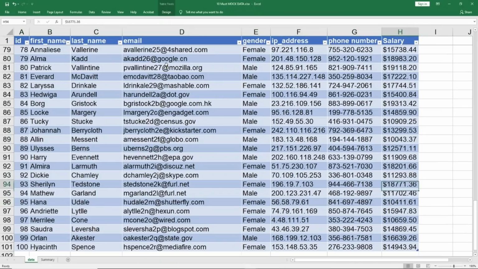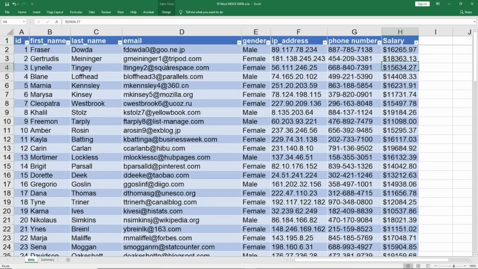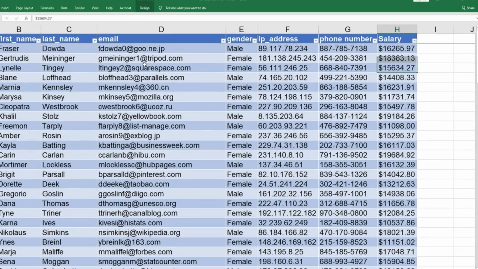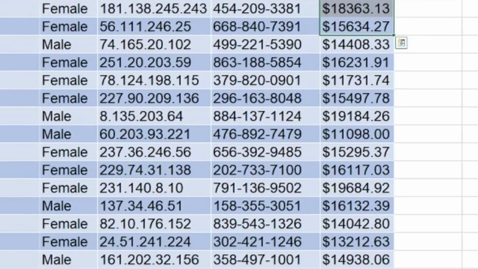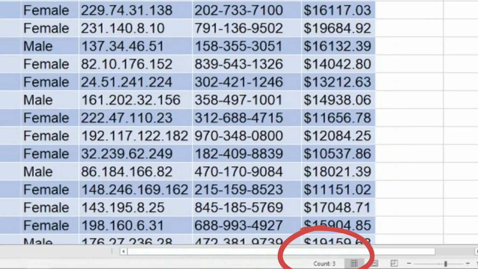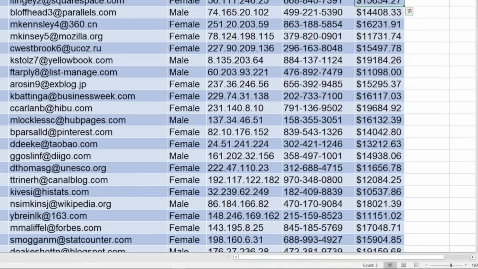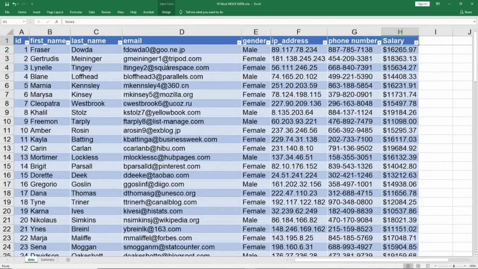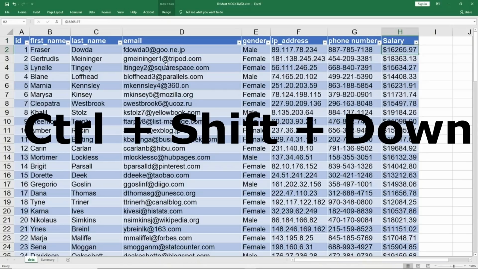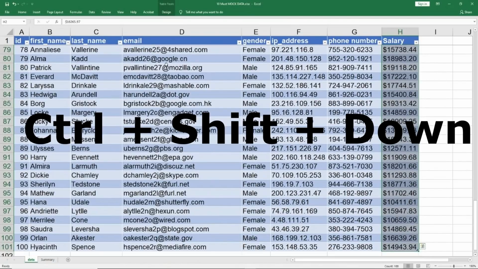So when I go here, I see, okay, these are not in the number format. How can I see that? If I select two or three, I see at the bottom of my screen, it shows Count 3. It does not show me sum, minimum, maximum, average, anything but count. So it means it is not in the number format. I go up on the top. I go to the next cell, which is H2, Control Shift and Down to select the entire data.